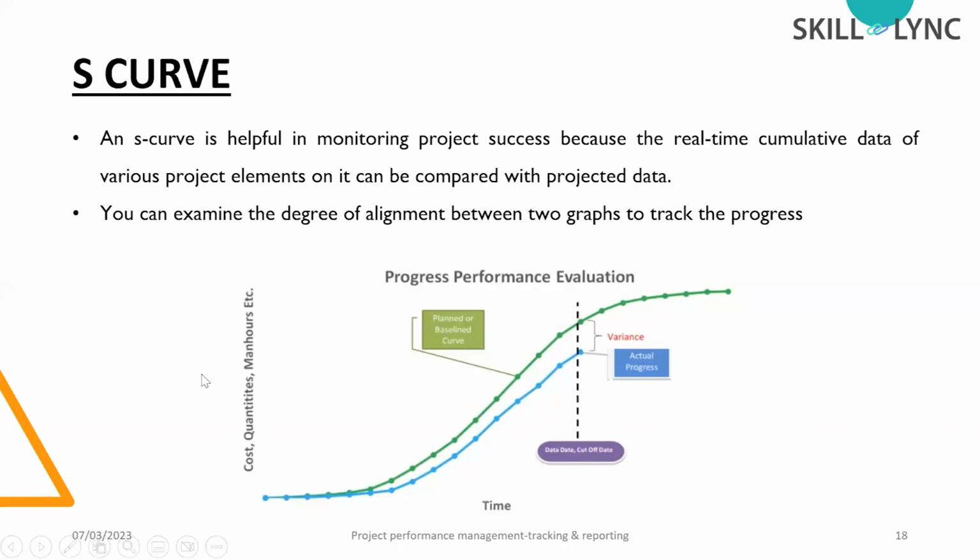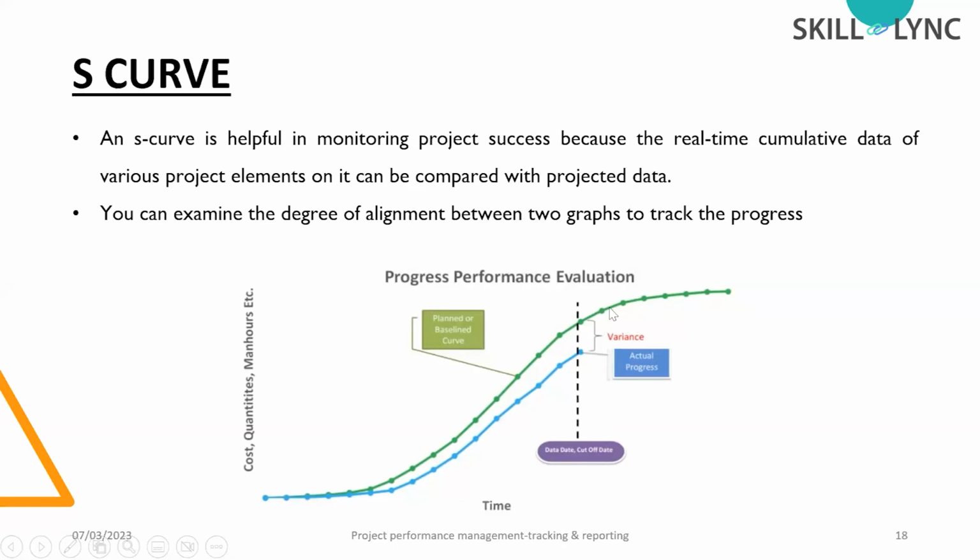See, it is very easy. We have an x-axis and a y-axis. On the x-axis, we will plot the timeline, and on the y-axis, we will plot factors like the cost, quantity, man-hours, etc. Then we will prepare a graph, plotting the time duration along with the cost, and we will get two graphs. One will be the planned or baseline one, and one will be the actual one. As we have explained, first we prepare a proper baseline, and with respect to that, we start the project. But definitely, due to various factors, there will be variation, and this variation can be shown separately.